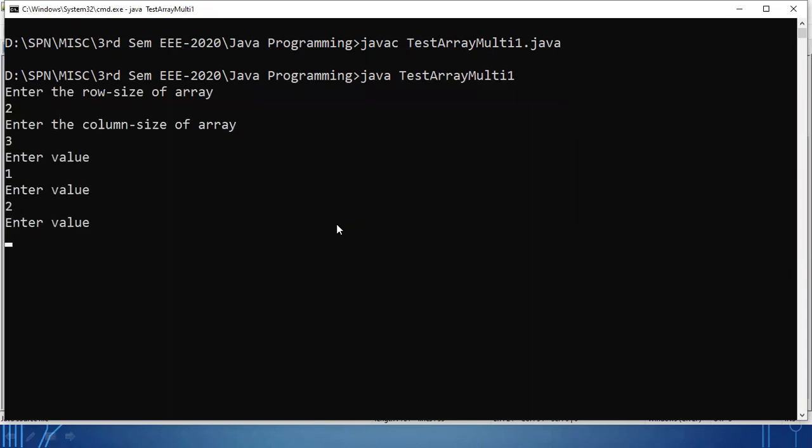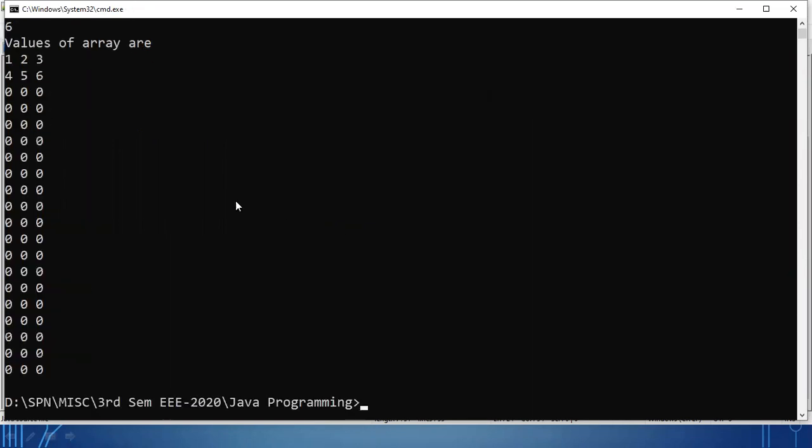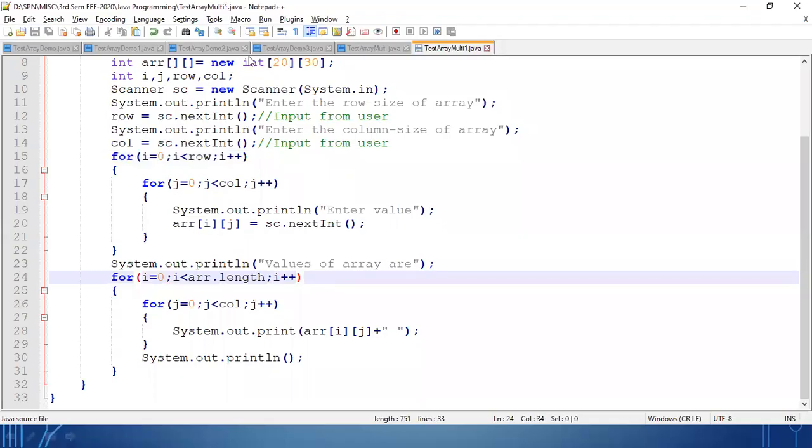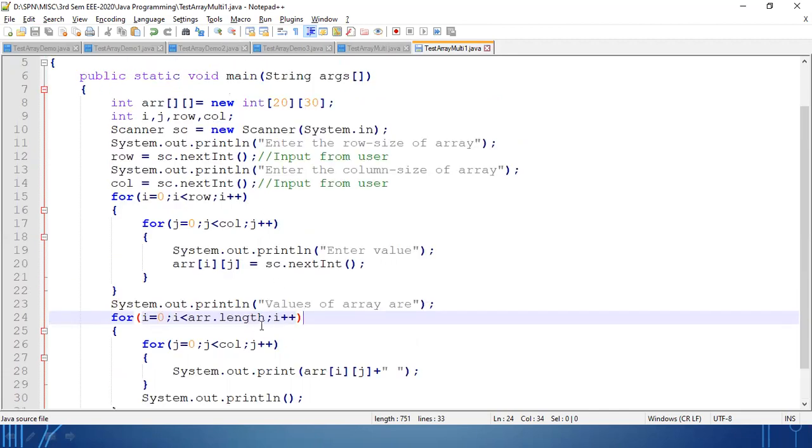Okay, 1 2 3 4 5 6. So it is giving a longer size. Array name dot length will take the entire size you have declared, 20 rows. Okay, I have told you that you can use the array name dot length property if you have not given the size. If you have given the size, then it will take the entire 20 rows and it will give you the default values. Clear? Okay.